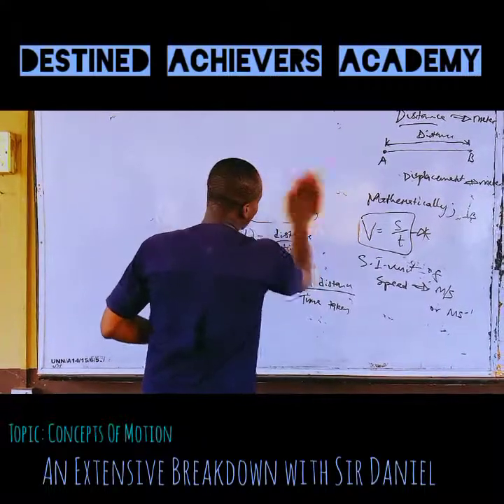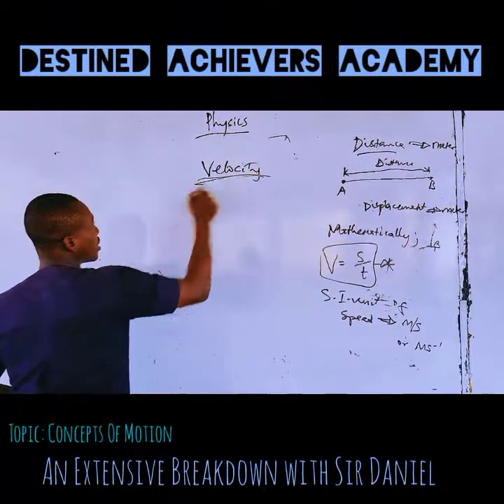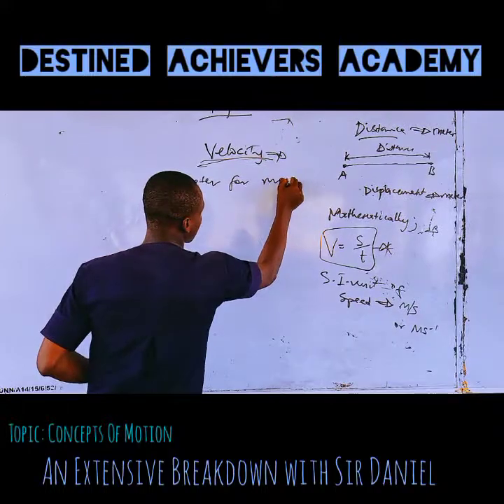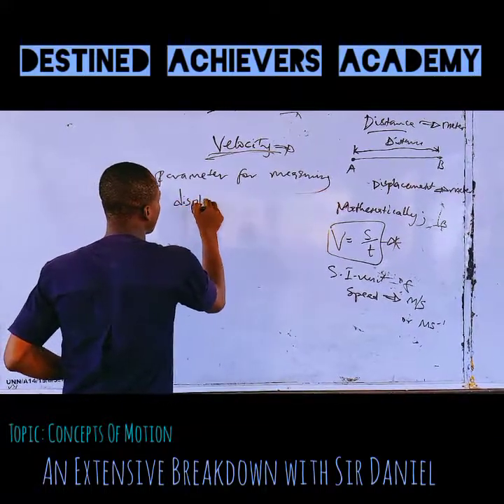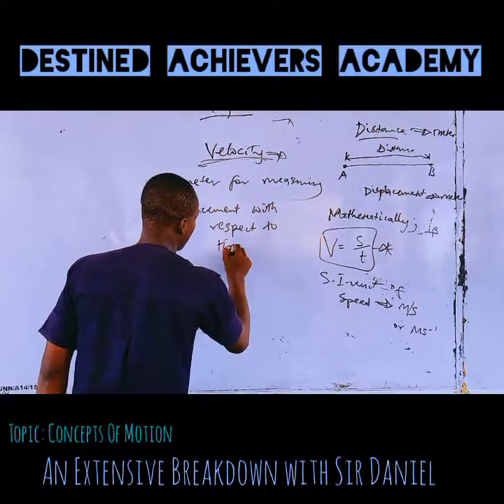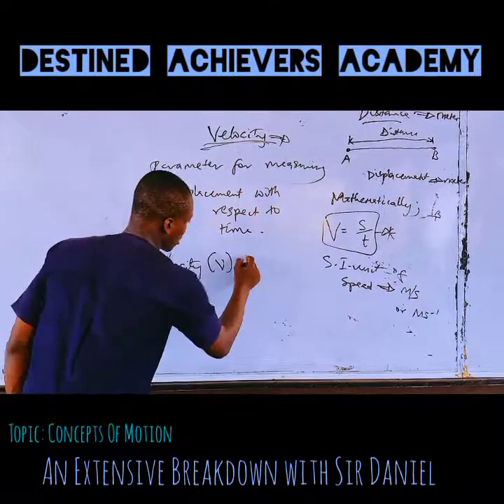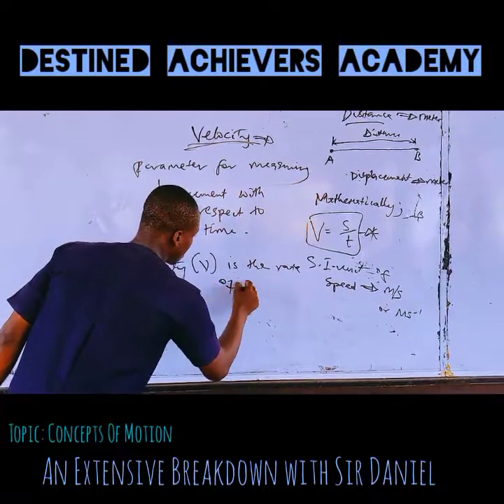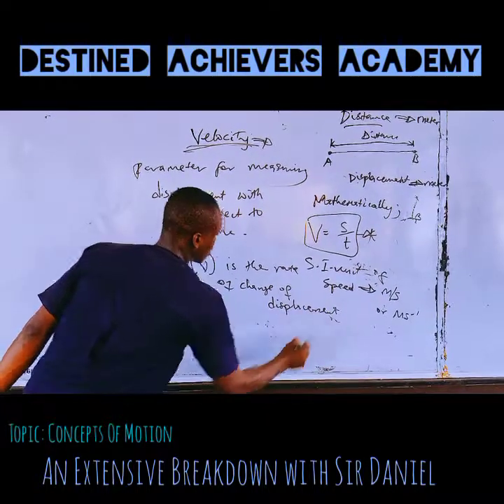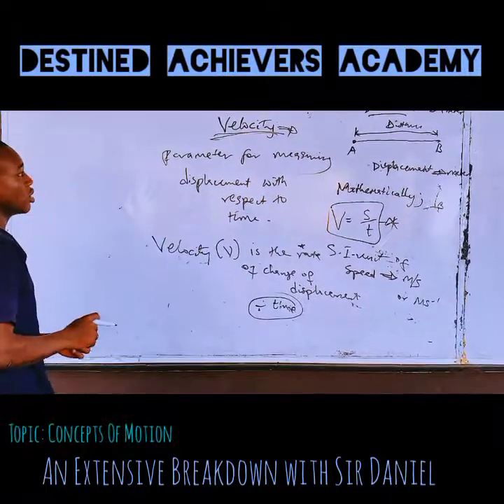The next phase we are going to get at is velocity. Velocity is a parameter for measuring displacement with respect to time. In a nutshell, you can say that velocity V is the rate of change of what? Displacement. Is the rate of change of displacement. And I said that whenever rate is mentioned, it means something divided by time. Okay? So mathematically,